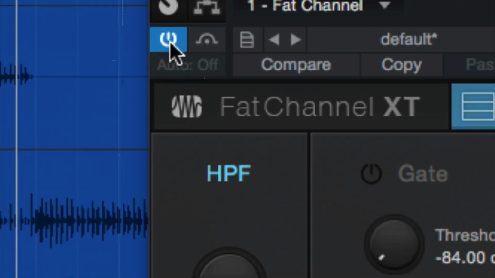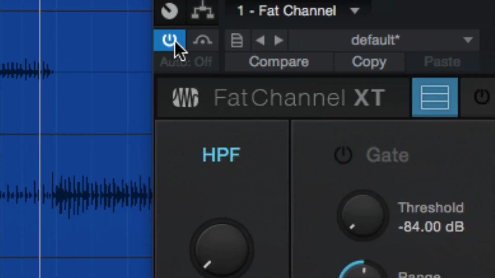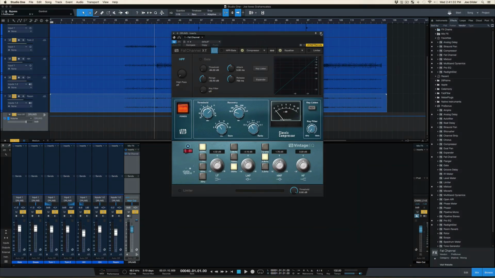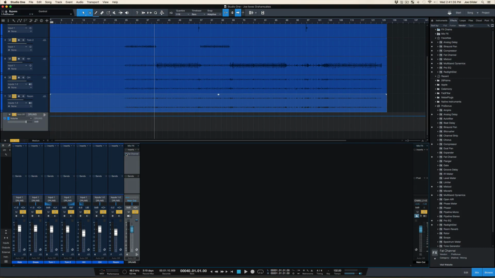Up here is the power button for the plugin. I can turn it on and off by just clicking that button. You can also do that with the bypass button. I just use the power button. You can automate the bypass button, but I usually use power when I'm messing around with stuff and turning it on and off, because I can also turn it on and off right from here. I don't have to hold down any buttons. I don't have to do any crazy shortcuts. I can just click here,